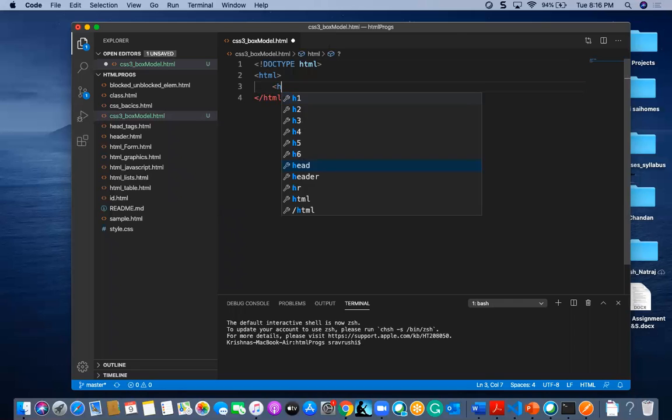I am having here the head tag, and this is the body tag.